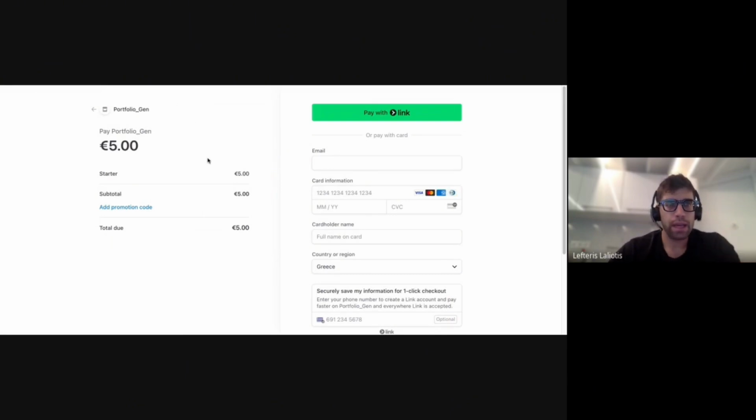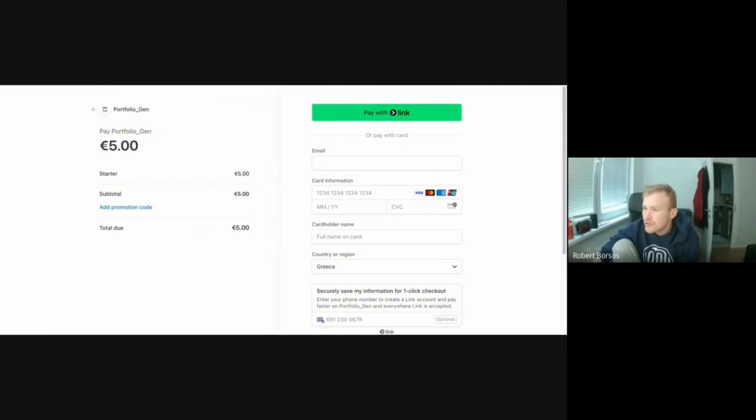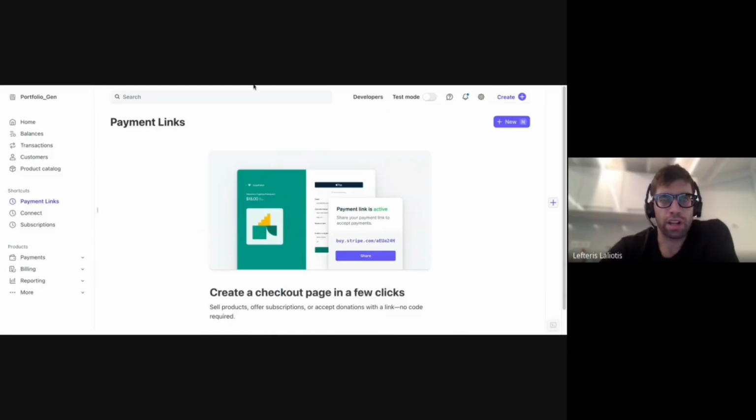I haven't built any of this, because if you go on Stripe, you can get the link from here, so you can start accepting payments. I've used Stripe so far, and there is an option to create a payment link on the left side. For example, if you create a button somewhere that says buy now, checkout, whatever, go on the Stripe dashboard and you see the payment links. If it's not in your shortcuts, go to products, and payment links will be here.